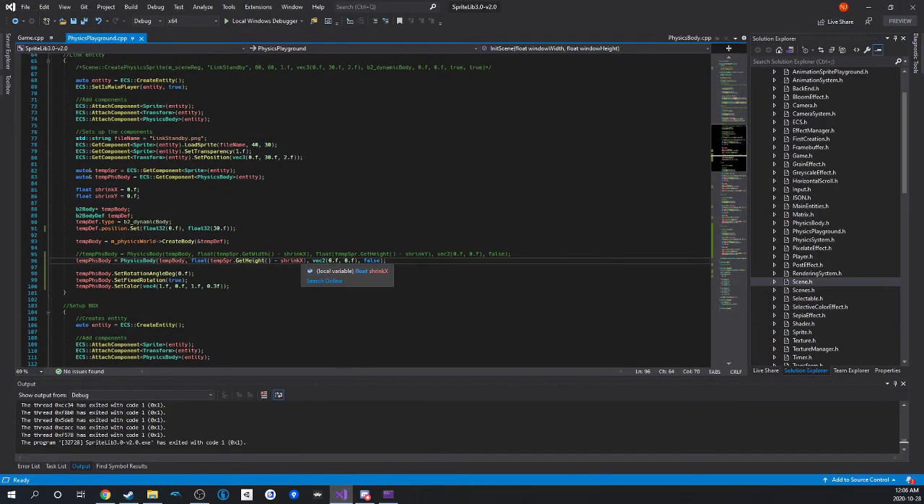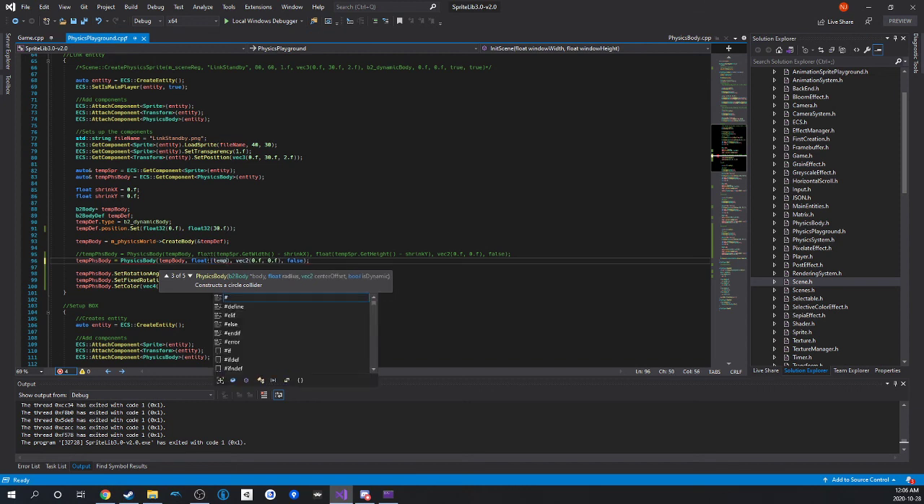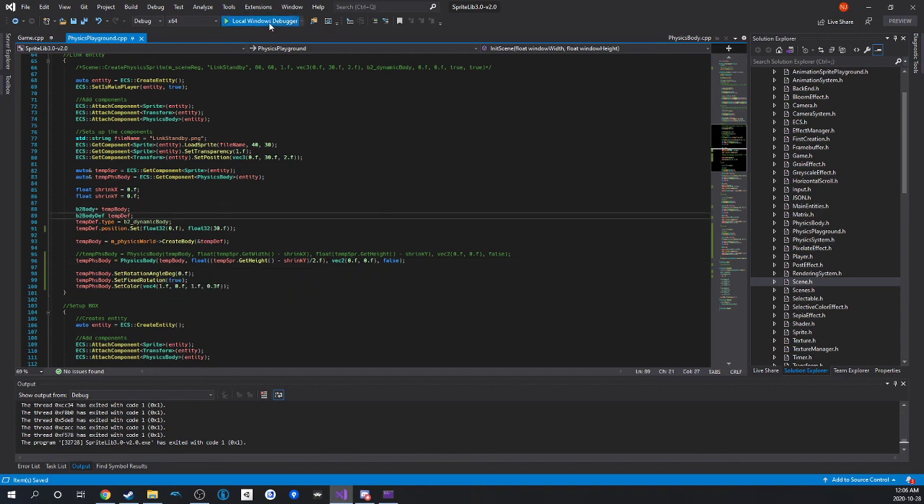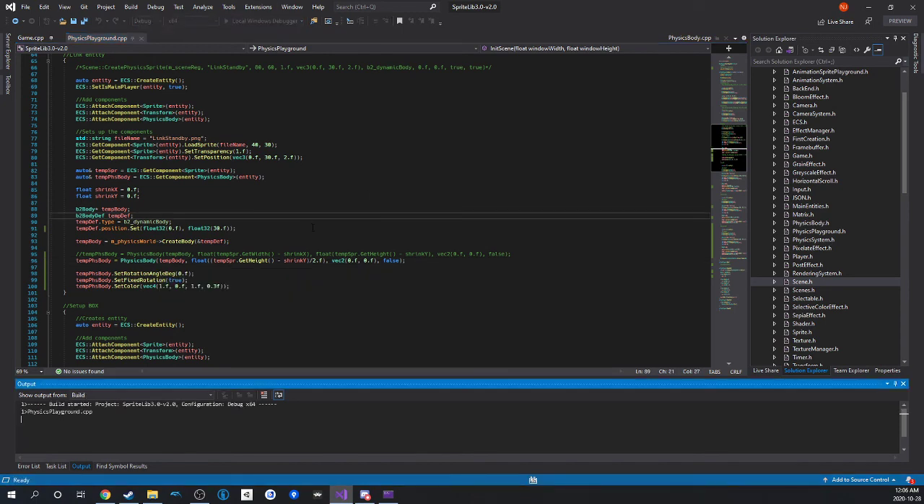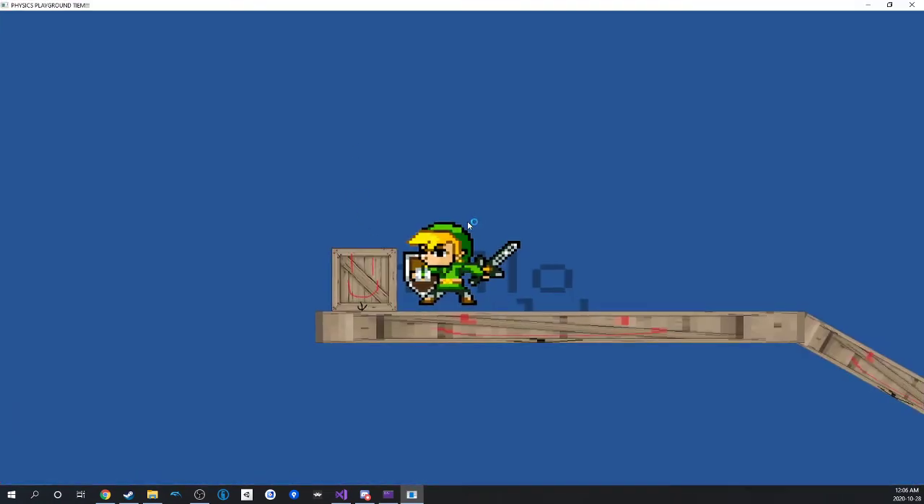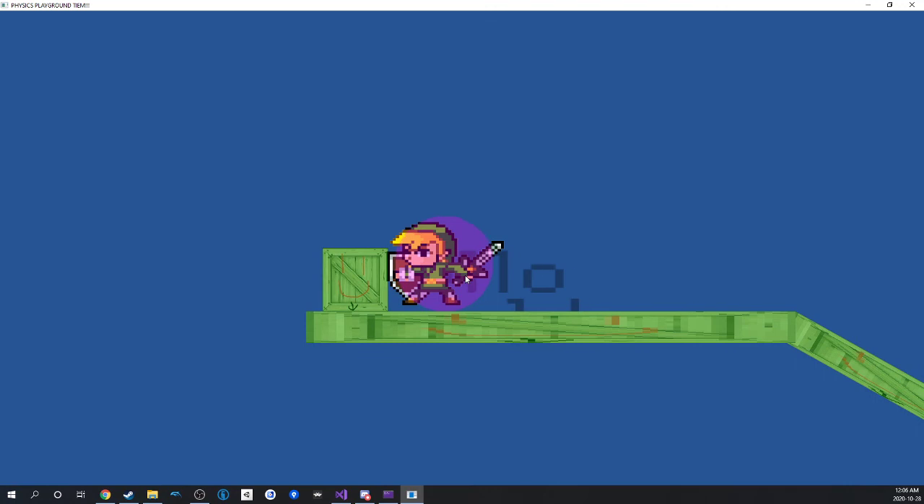Oh, silly me. Radius is get height minus shrink y, divided by 2.f. Radius is meant to be half the height. Sorry, I'm not very good at this. There you go. See? Now you've got a